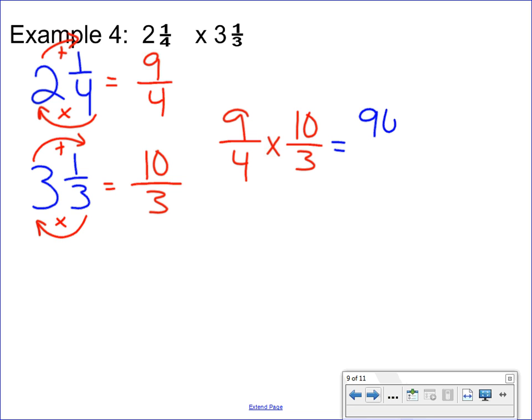9 times 10 is 90, and 4 times 3 is 12. So I have to take 90 divided by 12 to get the answer. I don't like working with those big numbers. Let's try to make this easier on ourselves. If we take and look,